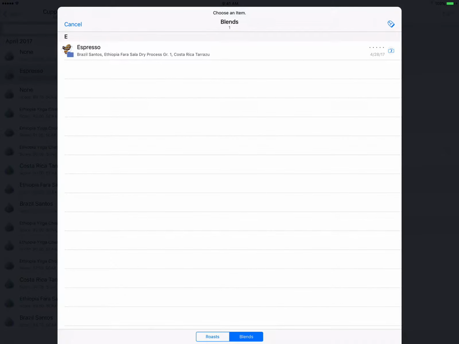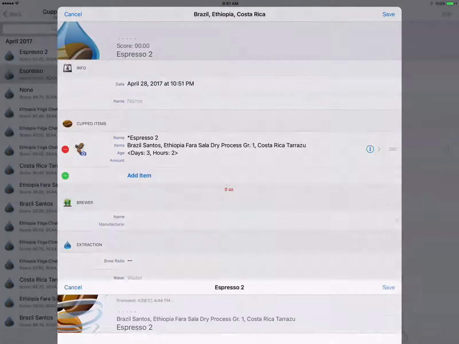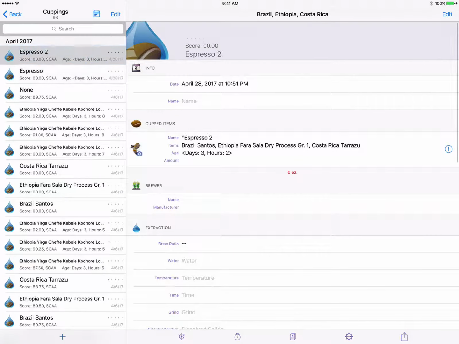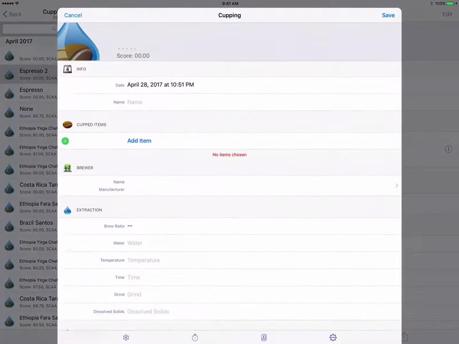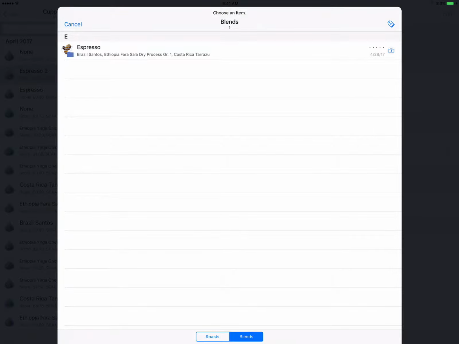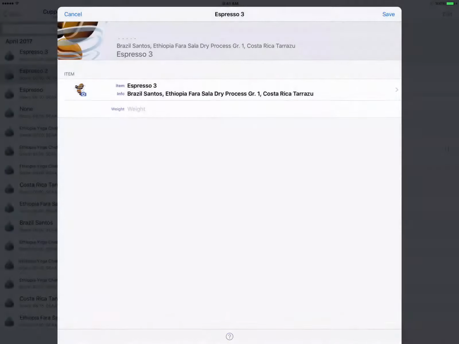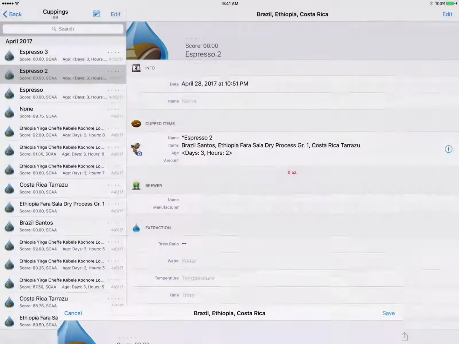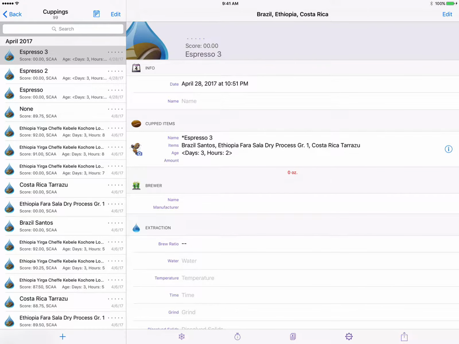Now here we want to navigate to this blend snapshots, and we do that by tapping the little accessory button here and selecting our first snapshot. And we'll do the same for our second snapshot. And we're ready. And once the table's prepared and our samples are ground and laid out, we're ready to begin